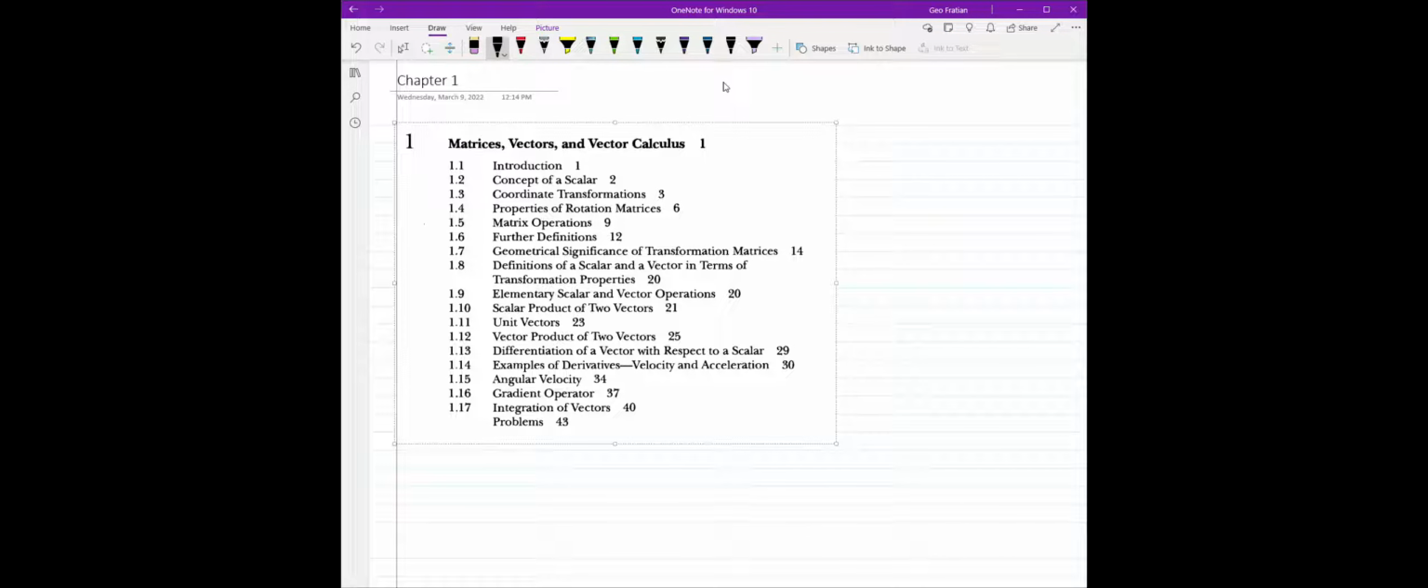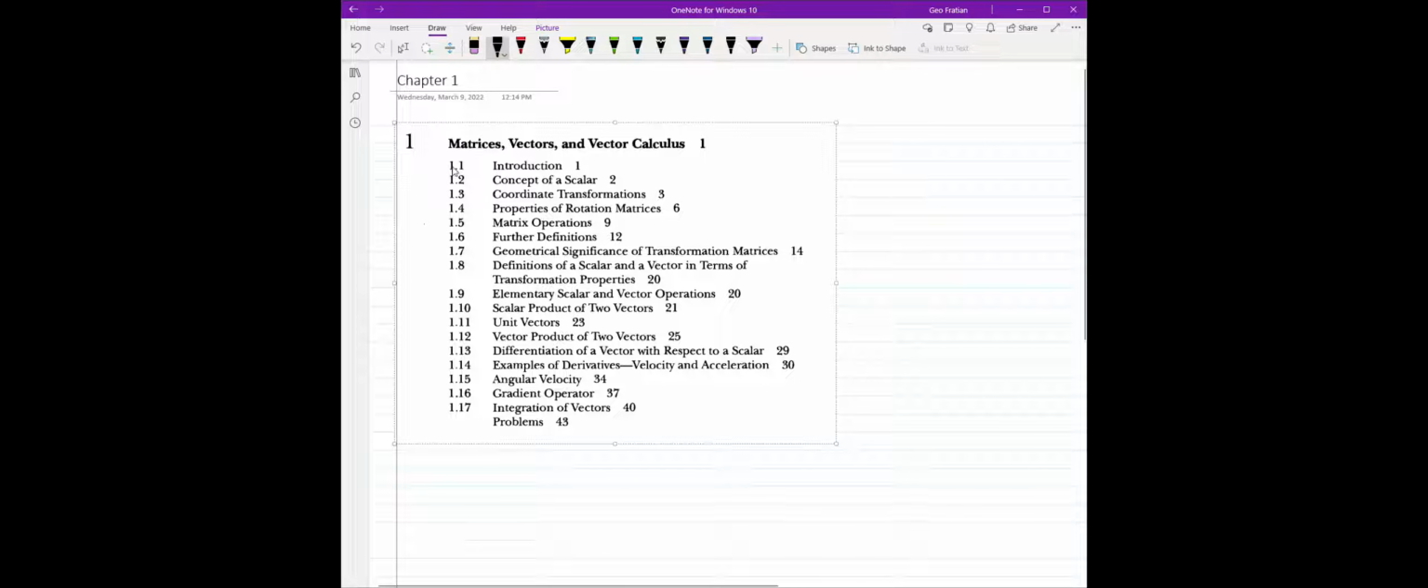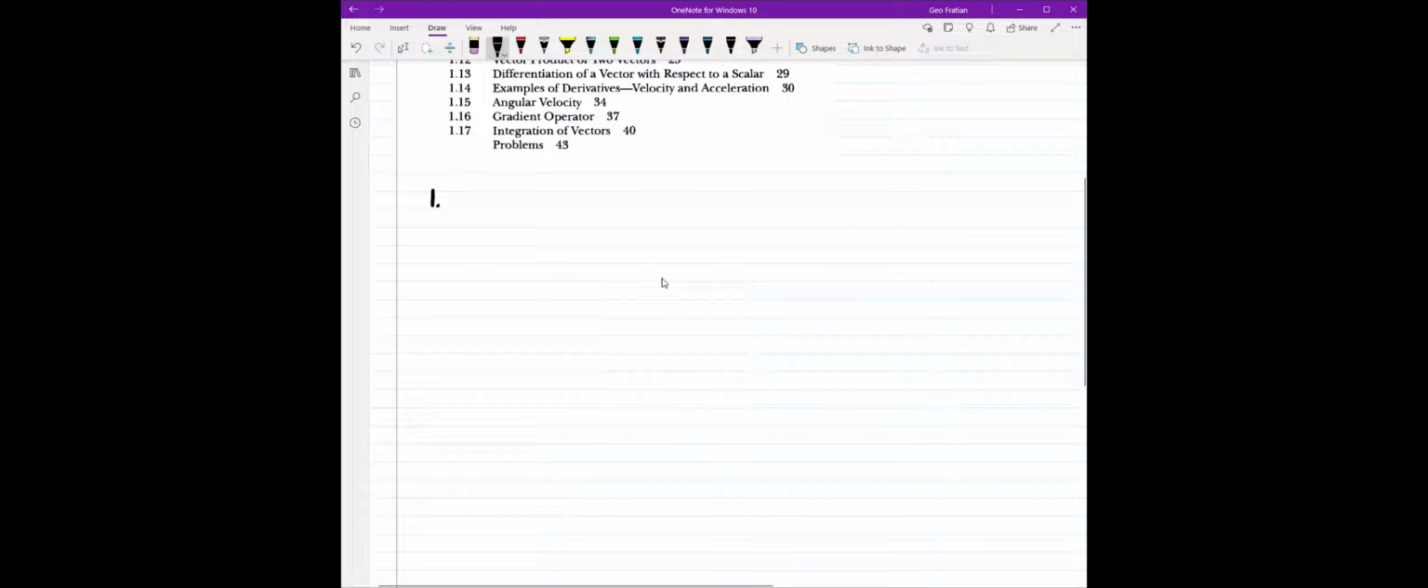The first chapter details what background mathematical knowledge you need for classical dynamics. First off, we're going to start with the concept of a scalar, and you can see the table here of what we're going to go over. Okay, so what exactly is a scalar? So, 1.2,